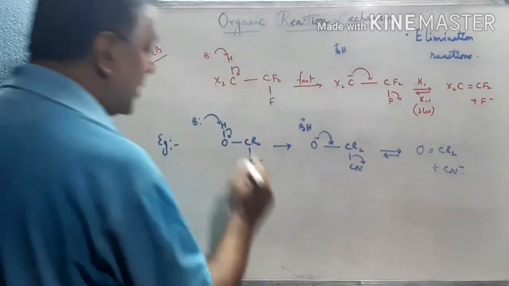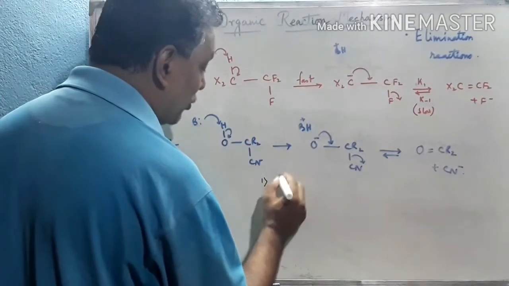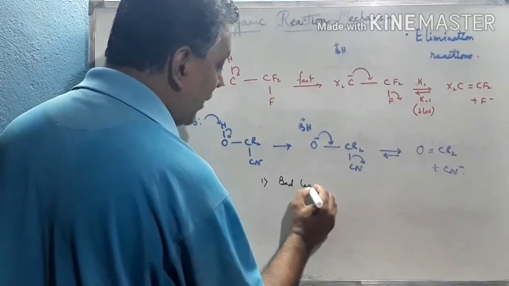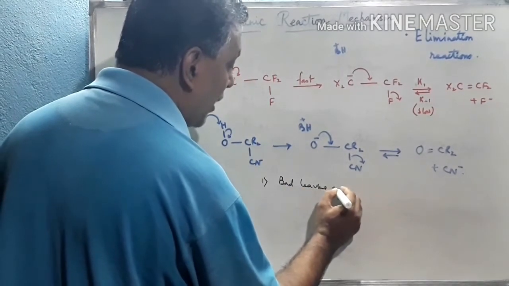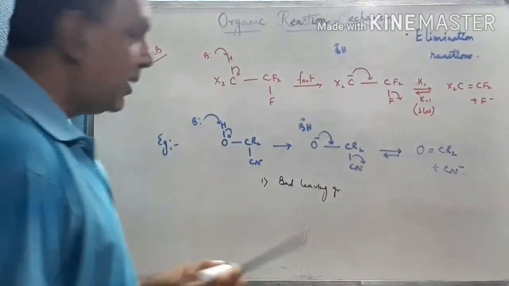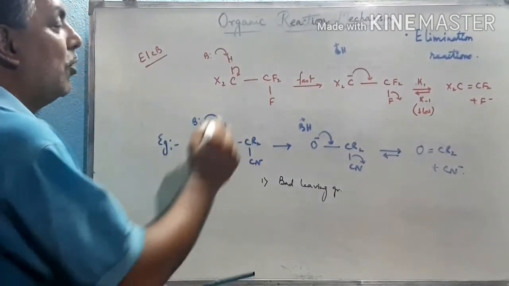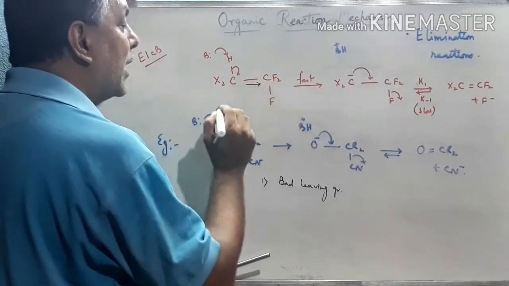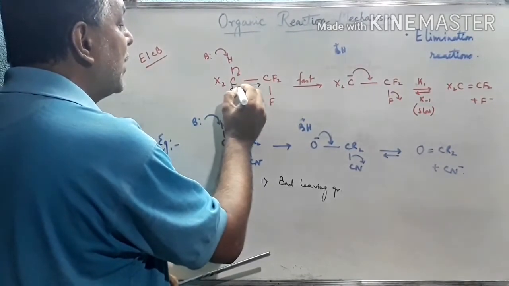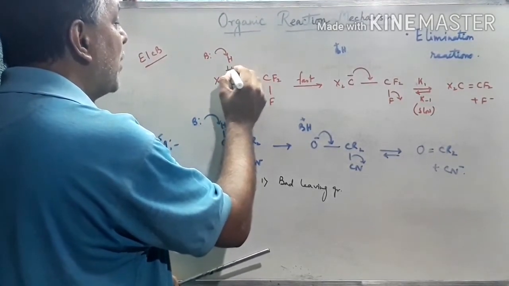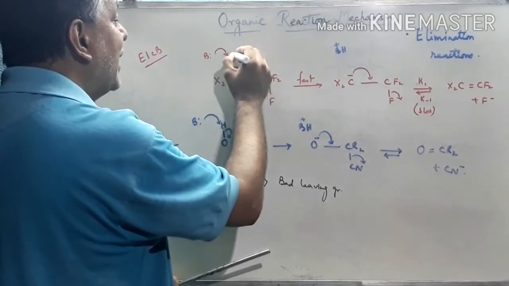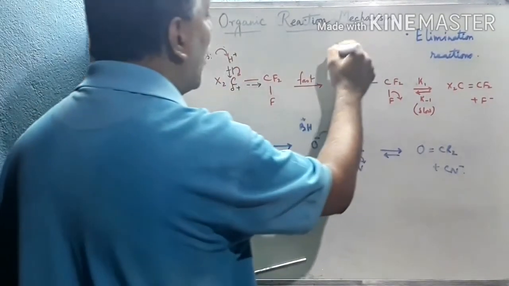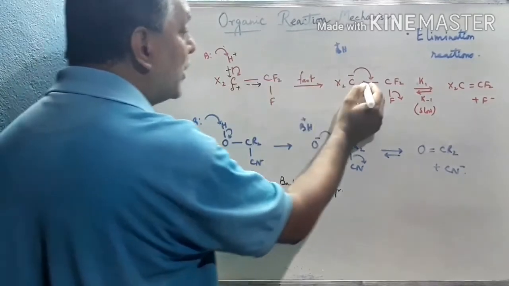So the criteria of this part is the formation of a bad leaving group. In case of a good leaving group, the E2 as well as E1 occurs, but in case of a bad leaving group, this mechanism occurs. As it is a bad leaving group, it withdraws the electron density towards it because it is highly electronegative in nature. So this carbon becomes delta positive. It also withdraws the electron density through the sigma bond towards it, and hence this hydrogen becomes highly acidic in nature. That's why the base attacks this H plus first and accepts this H plus to form BH plus, and it generates a carbanion. This is the very fast process.